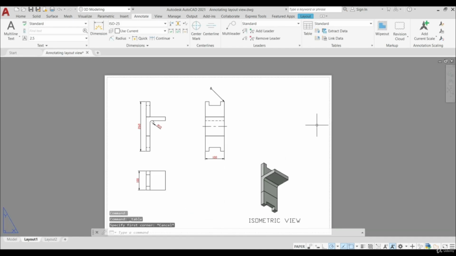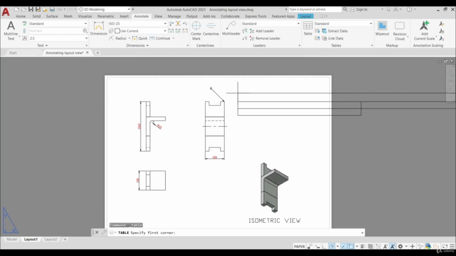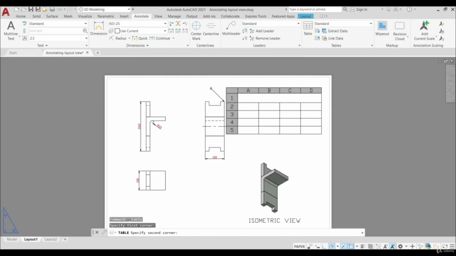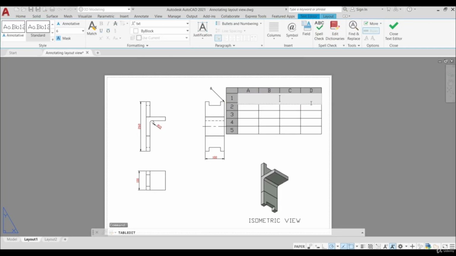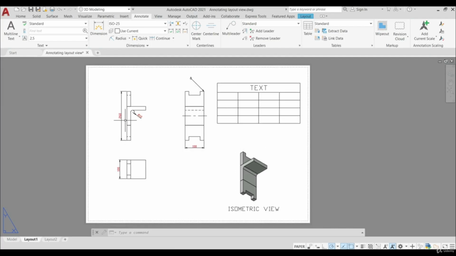As well, we can add here a table. So let's go here to the table, and here we can define the number of columns, rows. We can define here cell style and so on. Now let's leave everything as it is. Let's click OK. Let's specify the first point. Let's go here with the second point like this. Now here we can add some text like this. And when we are done with our views, dimensions, tables, text, and so on, now you can print